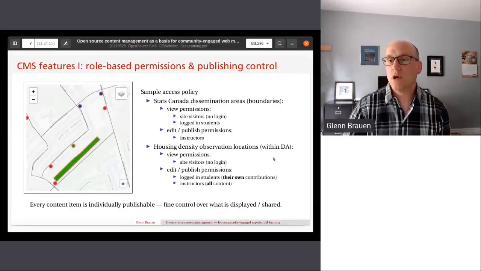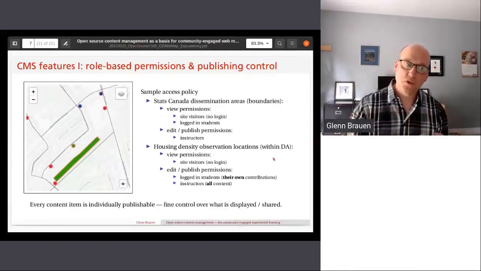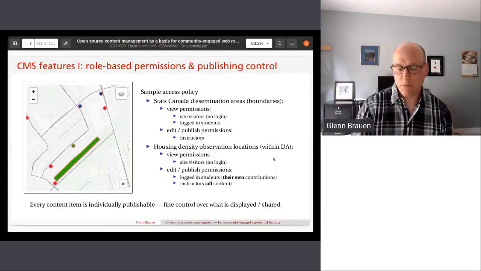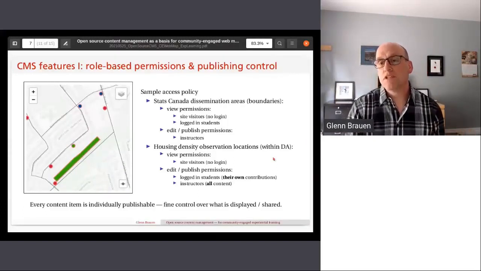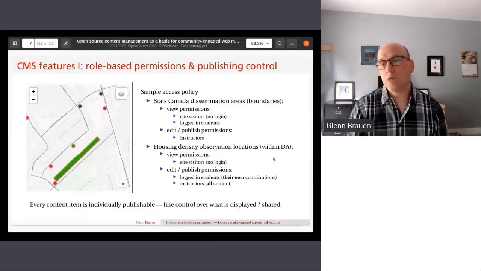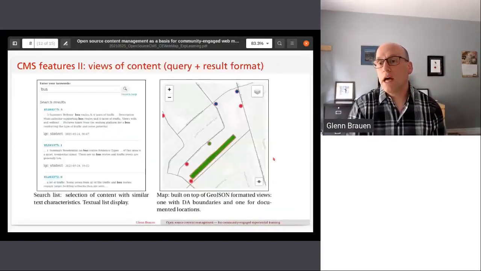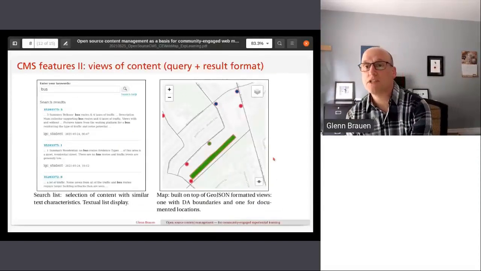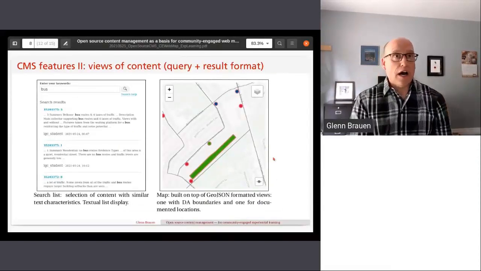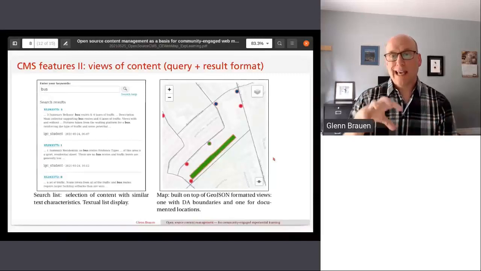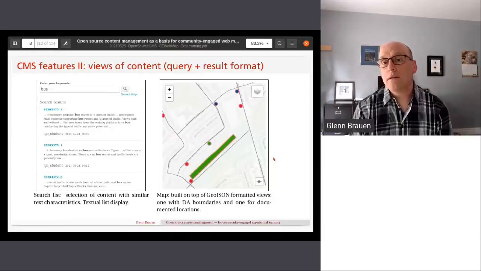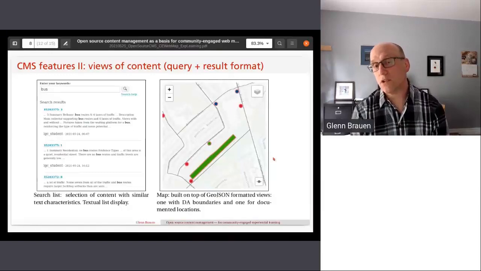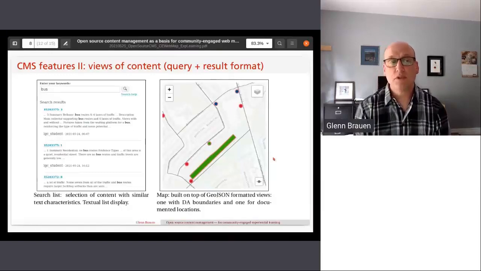view these. So again, your model and the way your workflows work can become fairly complex based on the fact that you're able to put different administrative policies in place based on which data type you're talking about. Second feature that I wanted to mention was, up until now I've been talking about content as discrete units, packets of information. Where the content management system gets quite useful is it has really flexible query